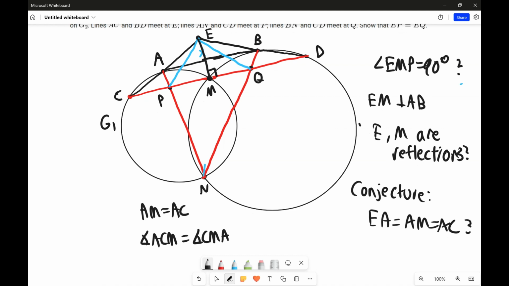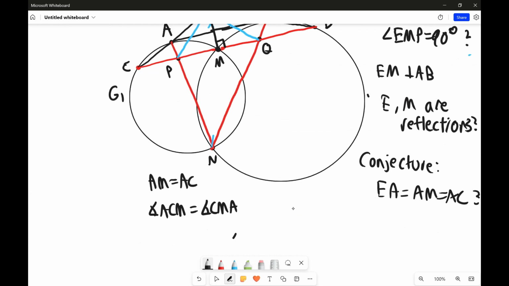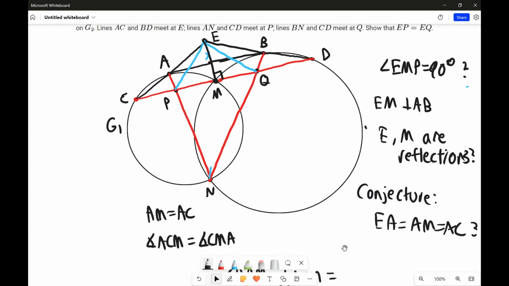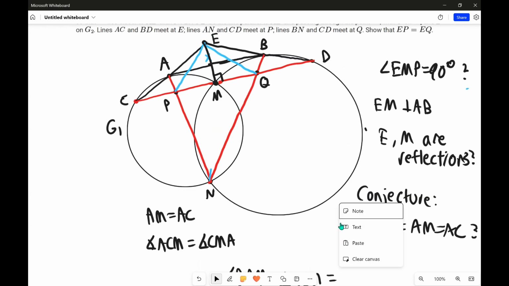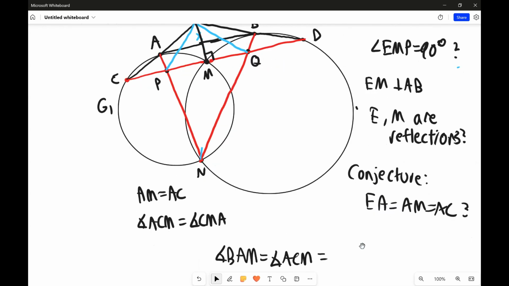But this should be straightforward because we have tangent lines and angles work well with tangent lines. In particular, directed angle BAM is equal to directed angle ACM because of the tangent circles. However, because AB is parallel to CM, it is also equal to angle CMA,